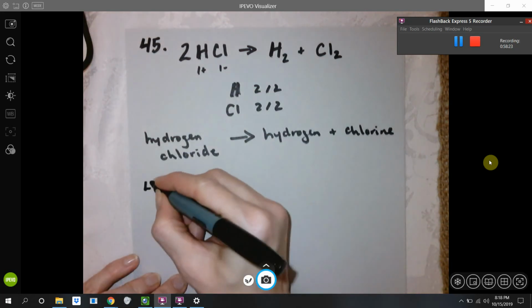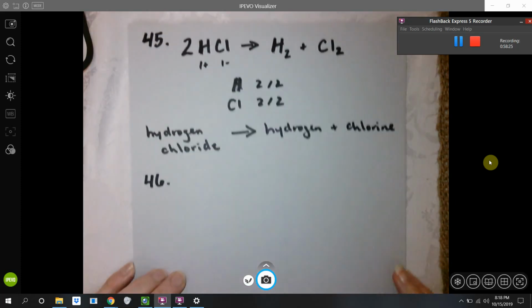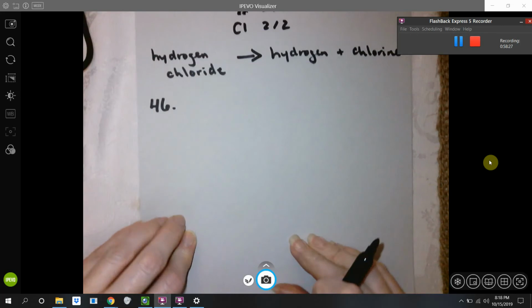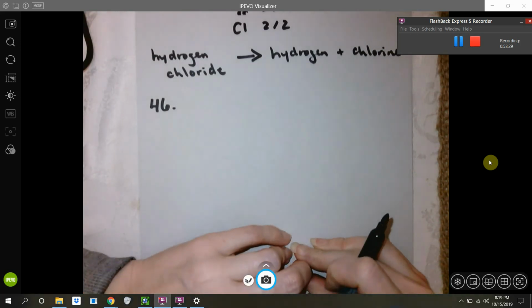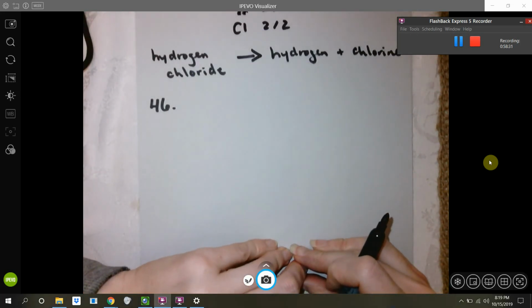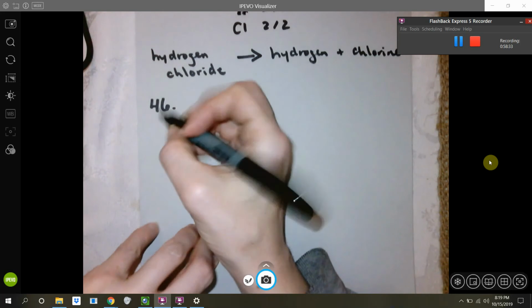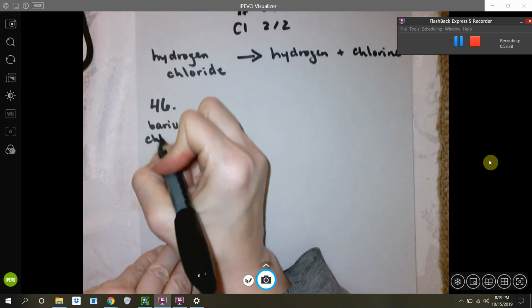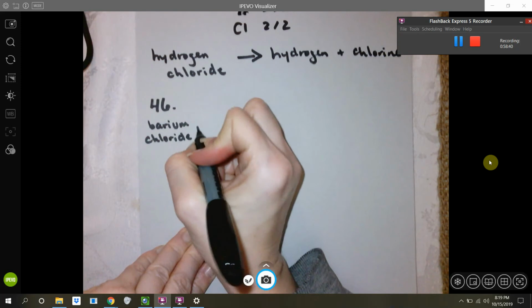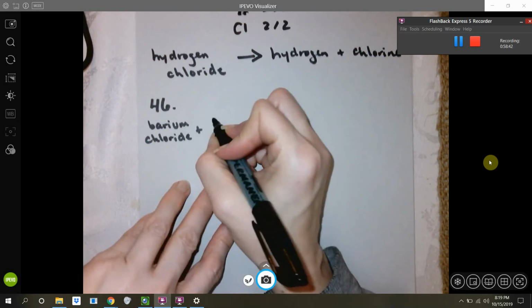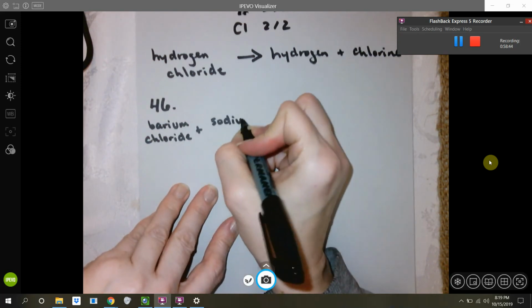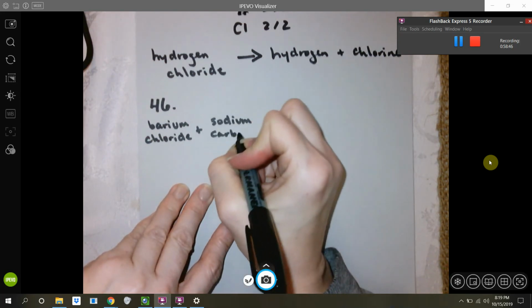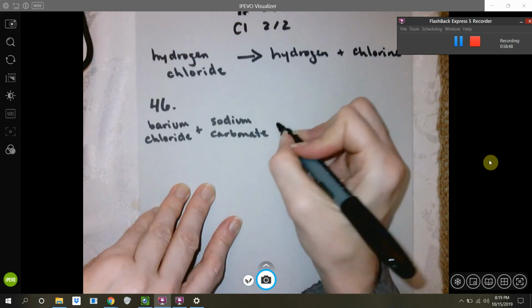Let's look at 46. Complete the word equation and write the balanced equation for this double displacement reaction. So we're going to need some space. Here's barium chloride plus sodium carbonate. And